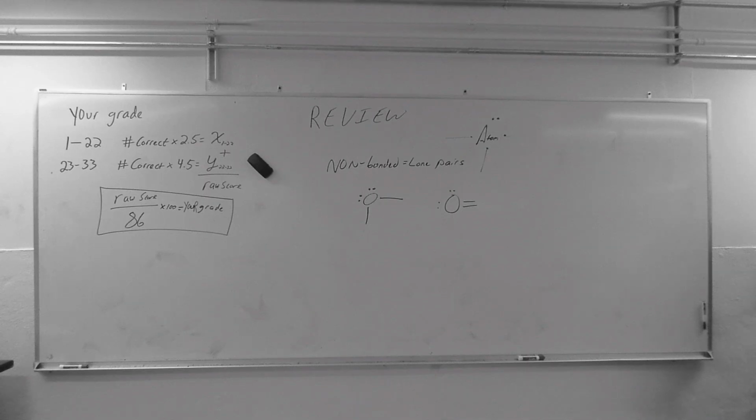How many valence electrons for this? So carbon has 4, hydrogen has 2, oxygen has 6. Wait a minute. So carbon has 4. You add that to hydrogen, which has 1, but there's 2 of them. So 4 plus 2 plus 6 is 12. I think y'all can do